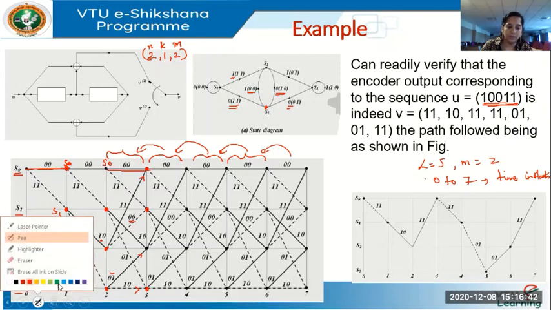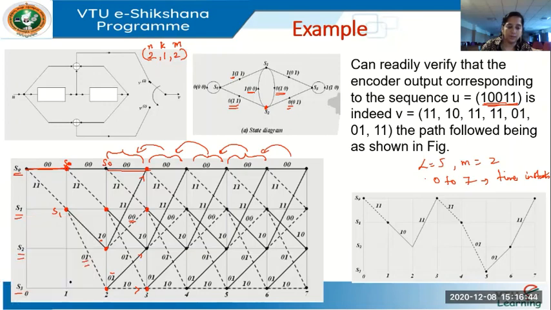Let me choose a different color. Starting with state S0, I have to come along this line, and the code bits output will be 1, 1. So for the first bit taken in, this is the input, this is the code, 1, 1.